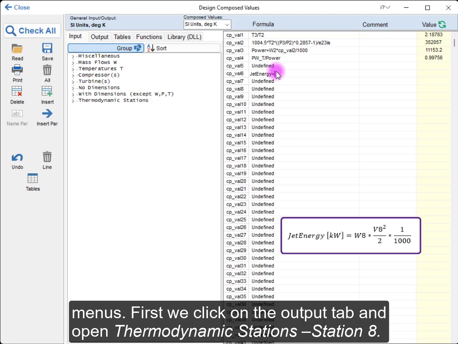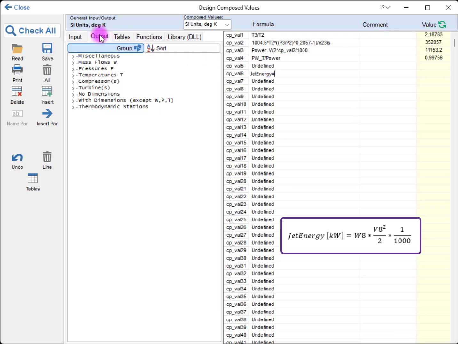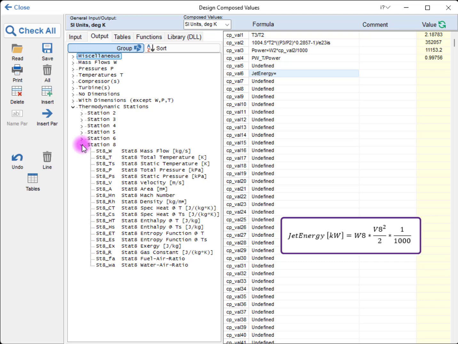First, we click on the Output tab and open Thermodynamic Stations, Station 8. Now, via drag and drop, we can add the mass flow and the velocity to the equation.